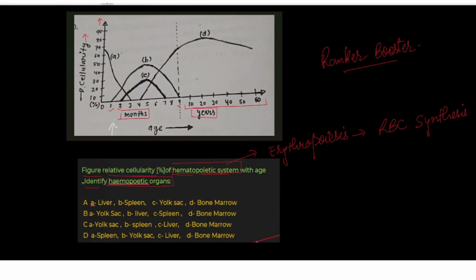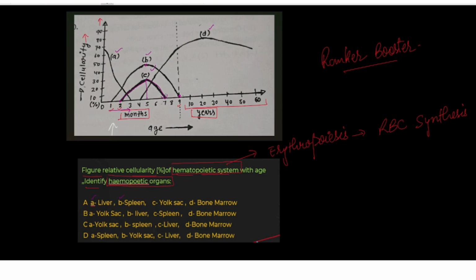First of all, you can notice that they have given four terms: A, B, C, D. We have to find out from these four. In the first one, as the months increase, A is coming down, and as the months increase, B is going upward, but after birth it is again declining. C is also increasing at the second month, peaks at the 5th month, and then declines up to the 7th month, right? But from the first month till the 9th month, it is B which gives the complete synthesis of RBC production.